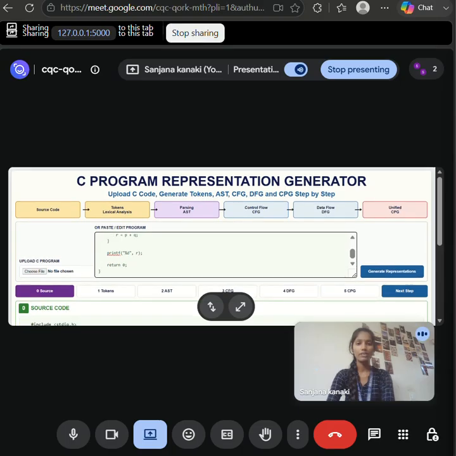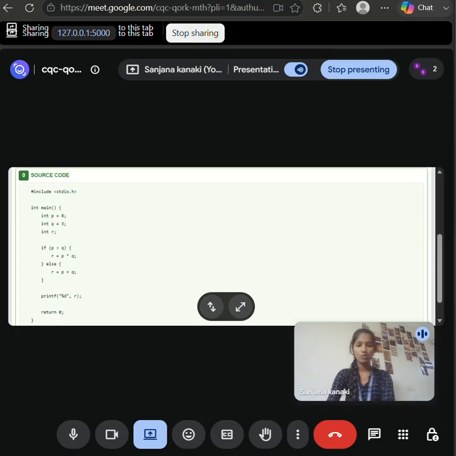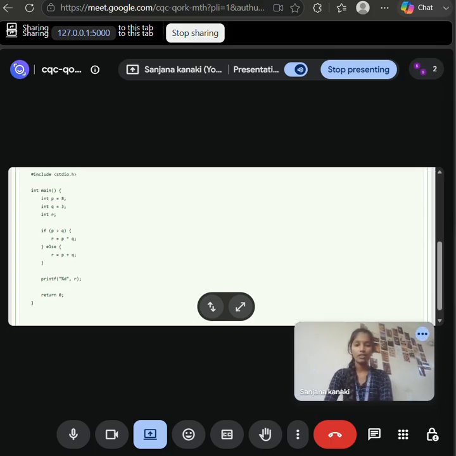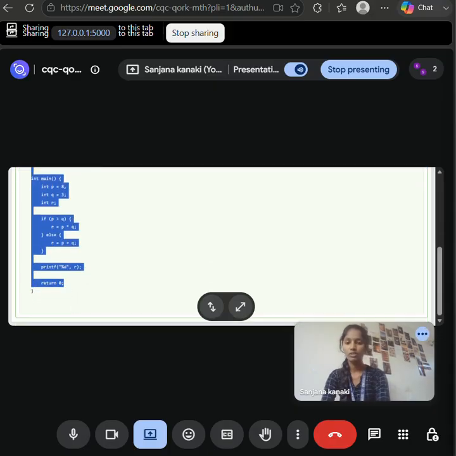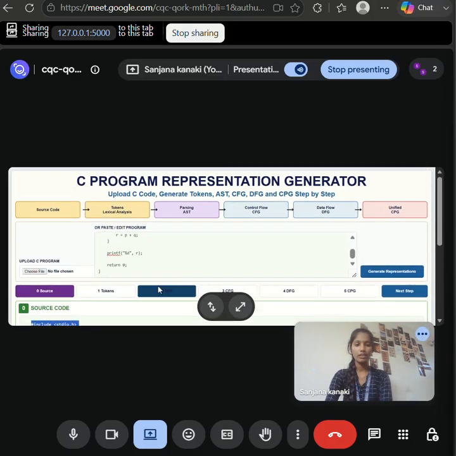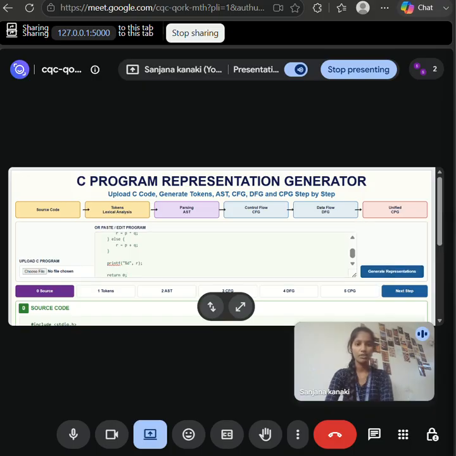When a user enters a C program in the input text area, this is the source code to run all the graphs. I copied this code and pasted it in the input area. When I click on generate representations,